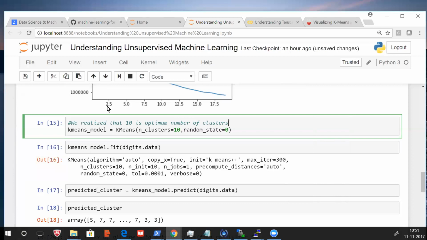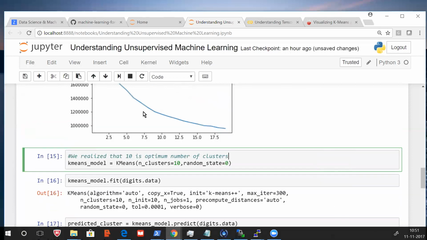Here, using this elbow method, right? You are finding that 10 is the optimum number of clusters. Okay. Like after this point, what happened? You got disconnected or what? No, actually, I don't know. I couldn't follow after this thing. That's why I asked you to just give a brief on it. Yeah, we realize that 10 is the optimum number of clusters. Okay, because after this point we don't see the dip as we see it here.